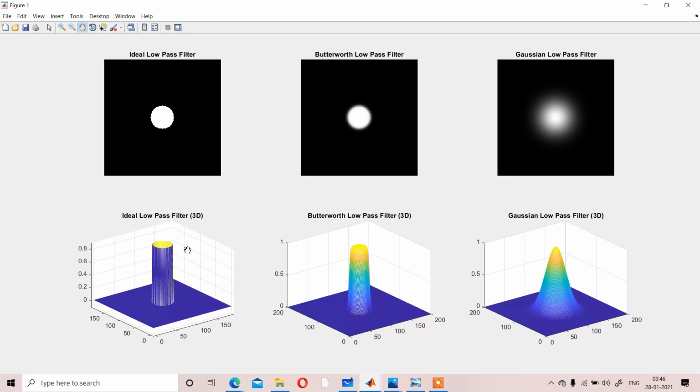Okay, but in those other cases you will get a blur image. The reason is that whenever you are considering that type of filter, a sharp change is happening.